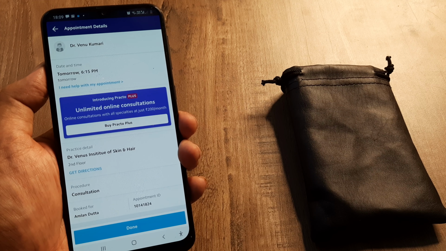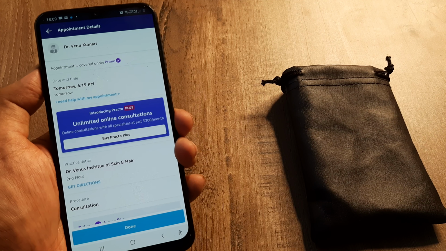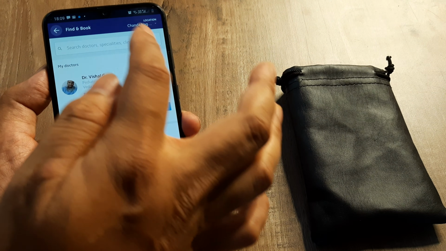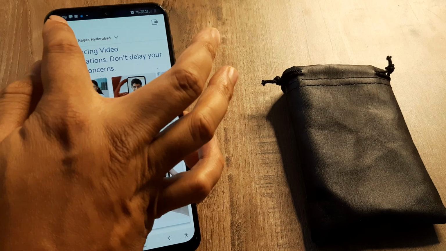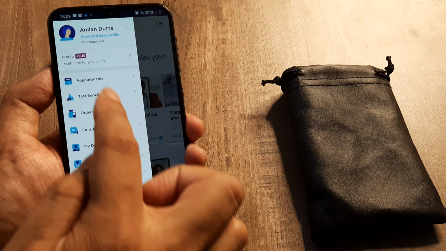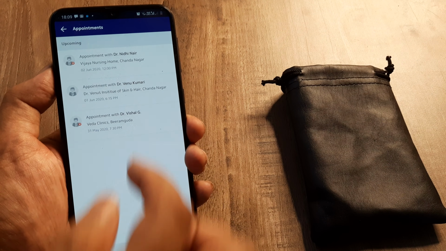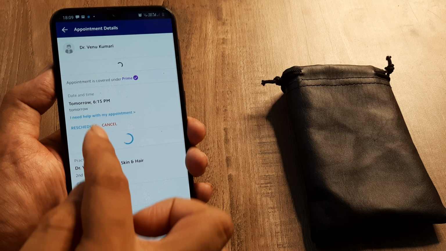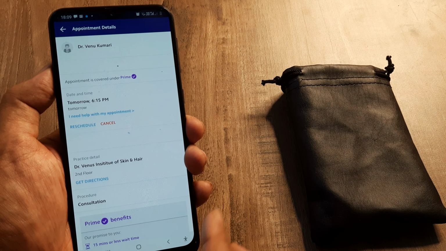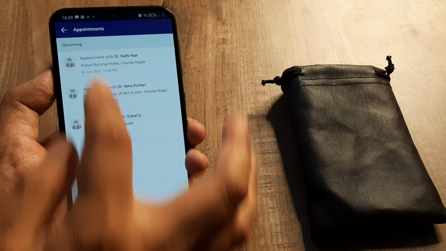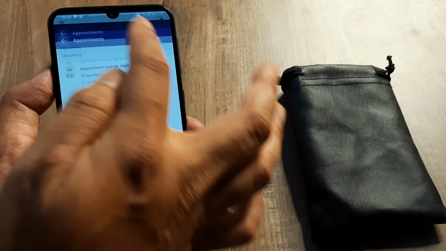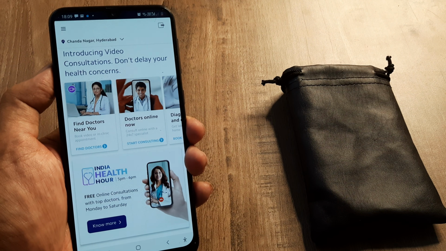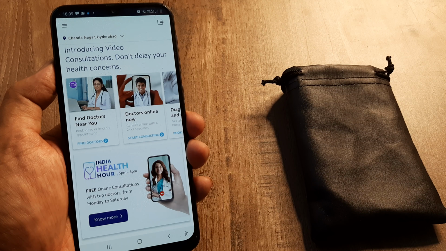I hope that today's tutorial helps. In case you want to know where your appointments go, you can always go towards the home page and, here in the settings, you can look at appointments and you can see where all your appointments are. In case you want to go ahead and cancel the appointment, you can always cancel it. You can reschedule it. So whatever you want to do. So hopefully, in case you didn't know how to use Practo, now you know how to do it. So in case your father or your mother tells you, let's book a doctor, please do it for me, son, you can always go ahead and do it.